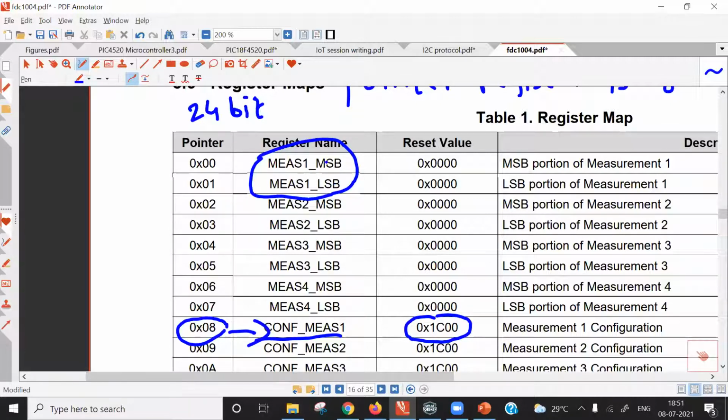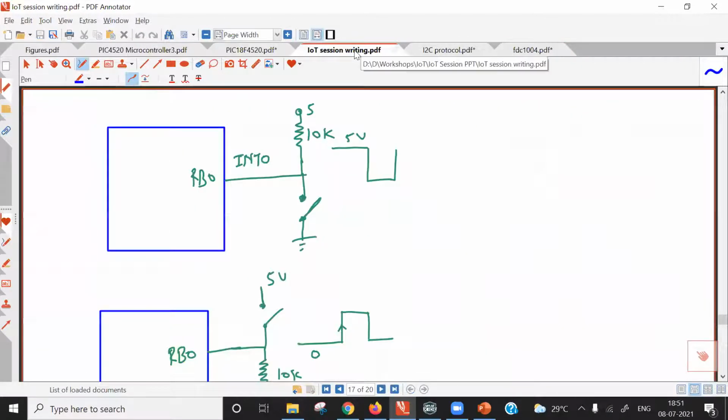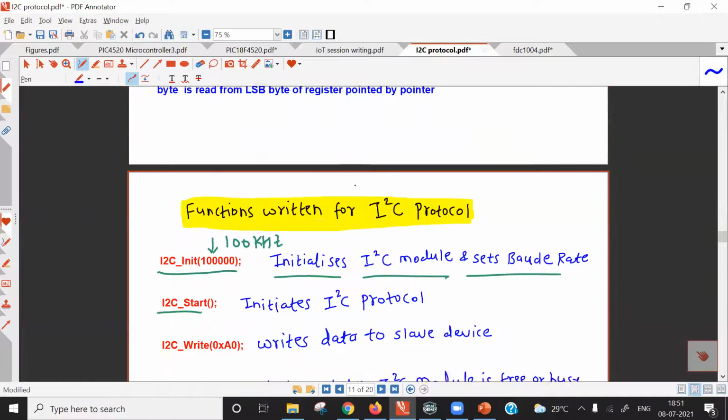Altogether, the result is saved in 2 registers. However, the last 8 bits of the MES1 LSB register are not used for saving the result. Altogether, these 2 registers are 32 bit, and our result is 24 bit. So the last 8 bits of the MES1 LSB register are not used for saving the data. So let me show it here quickly.